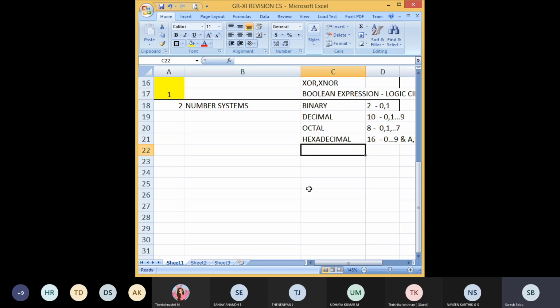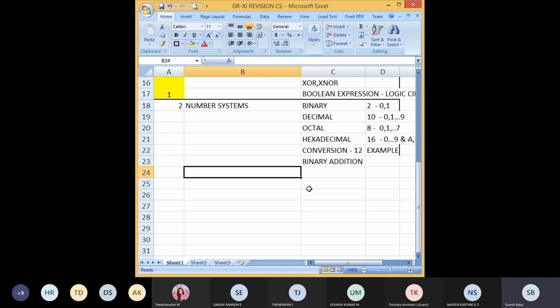In this, you need to know how to convert from one number system to another. Totally we have 12 conversion methods. So kindly do some examples for every conversion. Practice. Then this is the number system representation. One more thing is binary addition. You should know about binary addition, adding two numbers.